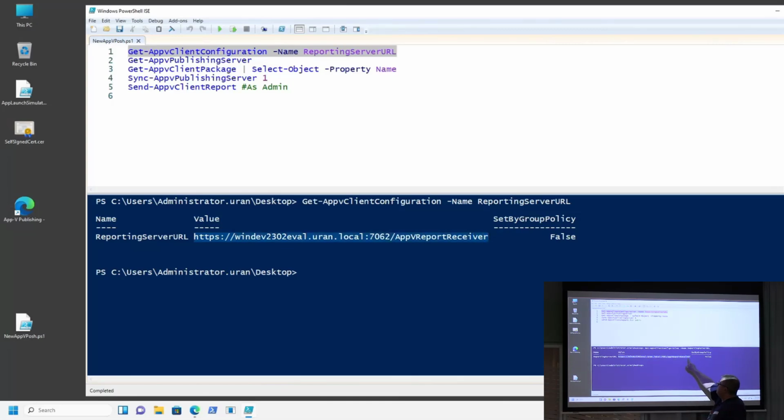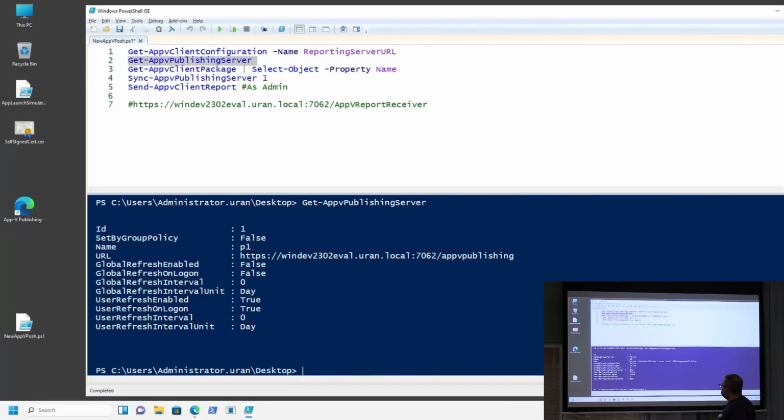Only the ending changes. Every service runs on the same port. You can change the port freely. You can use your own port, and you only have to change the end of the connection string of the URL. We are here for FB reporting receiver to get the reporting data, and here for the FB publishing data.